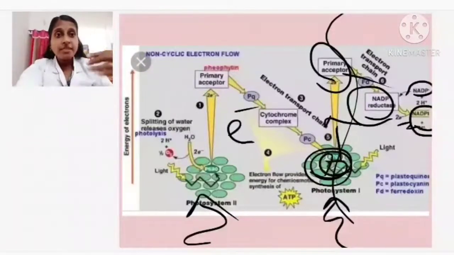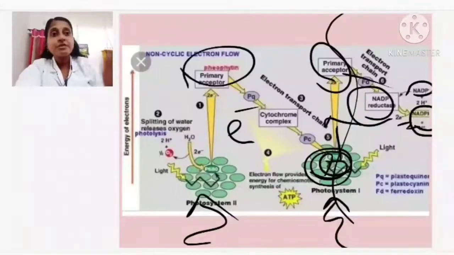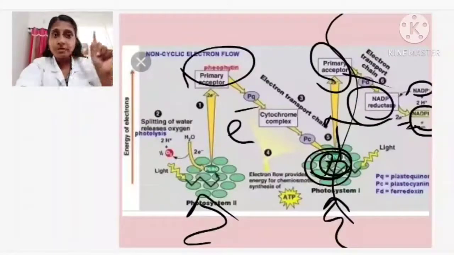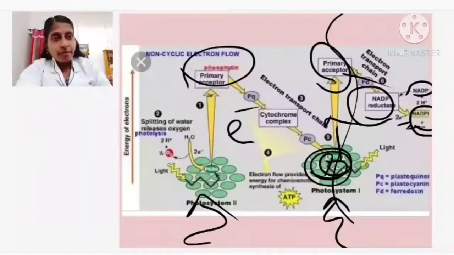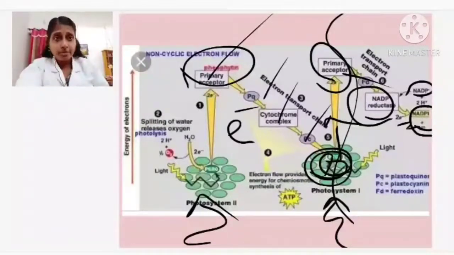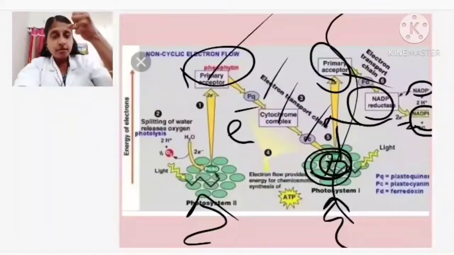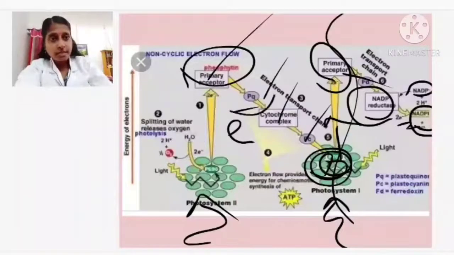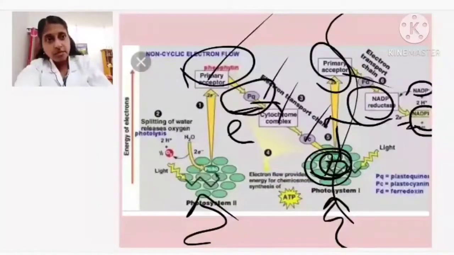These electrons, when they are released, are accepted by whom? I told you, electron acceptor molecules. You can find the primary acceptor like pheophytin, thereafter plastoquinone, cytochrome, plastocyanin. These are all electron acceptor molecules. So pheophytin first accepts the electrons, gets reduced, and immediately releases them, getting oxidized. Who takes it next? The plastoquinone will take the electron, get reduced, and again get oxidized, transferring the electron to